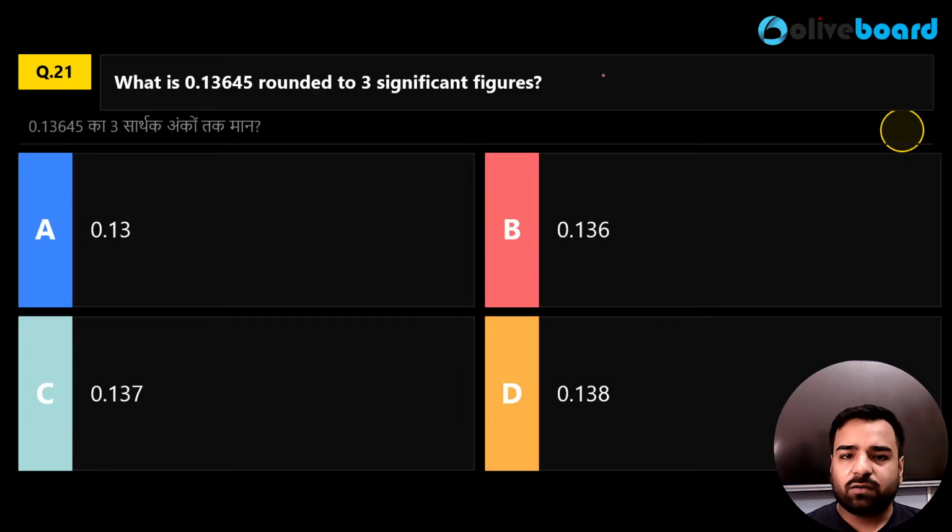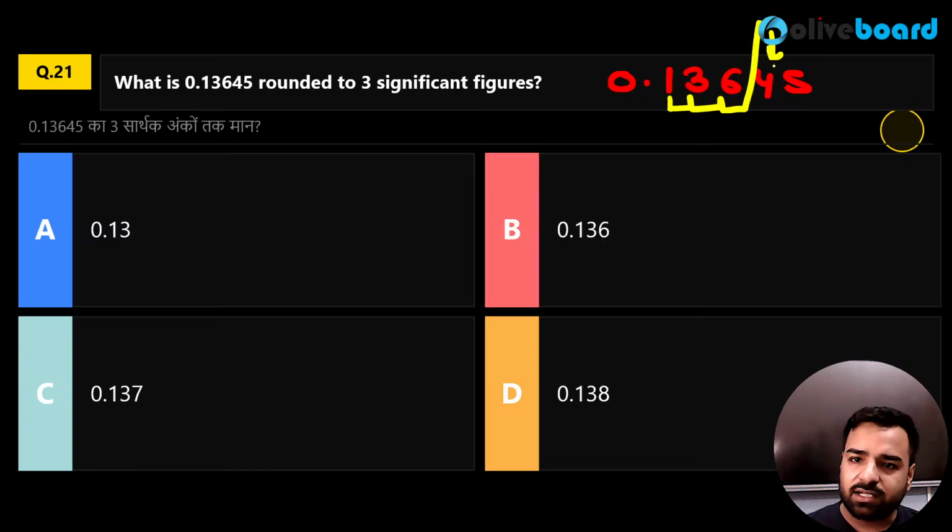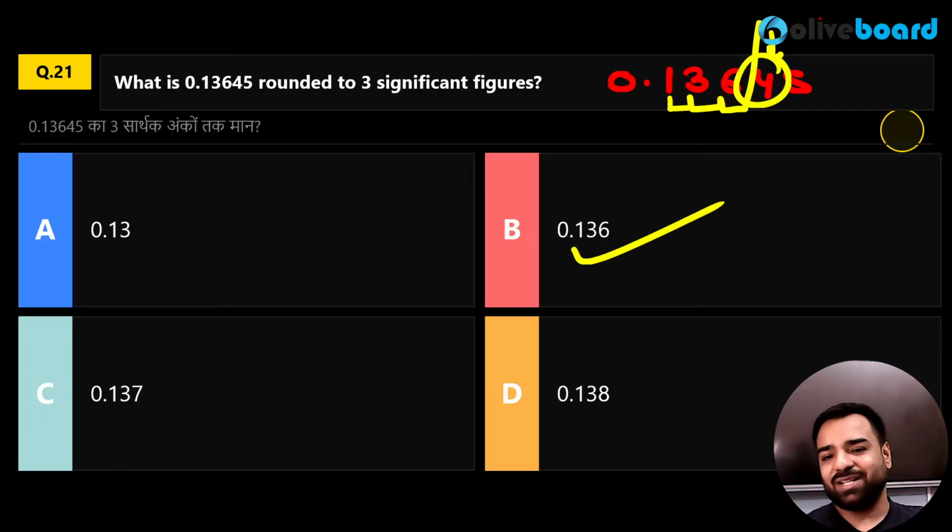Next, Kirti, Abhinav, you have to round it off to three significant figures now. 0.13645. Please start answering. So we'll ignore the 0. So it's 1, 2, 3 up to 6. After 6, we have 4. We'll ignore it. Just draw the line and check: is it 5 or greater than 5? No, smaller. Just leave it as it is. So 0.136, that is option D. So Nani, Sumedha, Krishma, great.